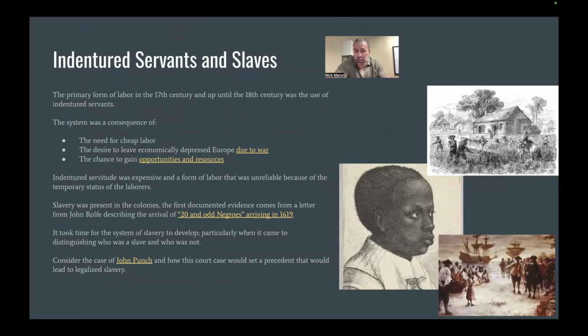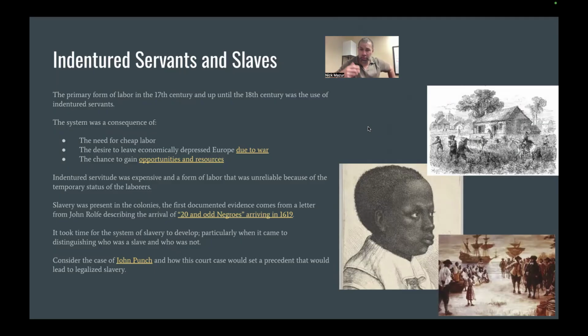The story is known as John Punch. This is a likeness of John Punch. Now, I'll basically break it down to you like this. There are slaves that are in Virginia. Some of them are indentured servants. Some of them have been enslaved because they've been imported from Africa, but it's not a huge amount, right? There's still not those legalized forms of slavery to say that this group is only going to do this labor and it is going to be put down in law, right?